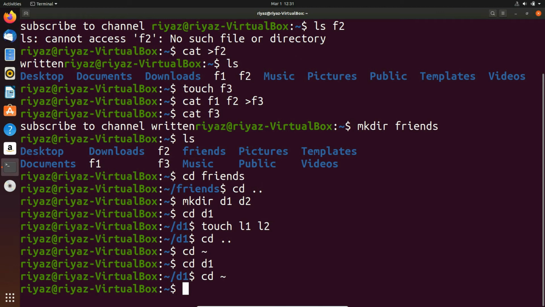If you're stuck in 10 nested directories, then you must use this command so we can save time. So we have learned how to create files and directories, and now let's remove files and directories. For that we use the command rm for removing files. We have F1, F2 and F3. Just remove one file, F1,